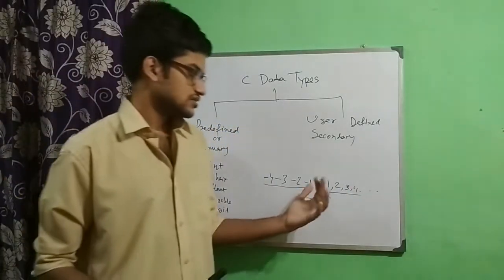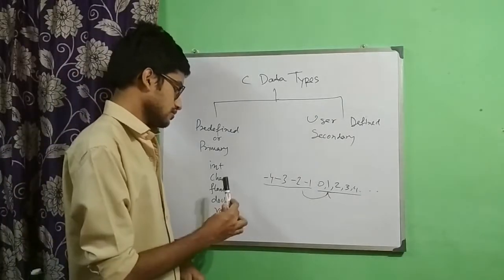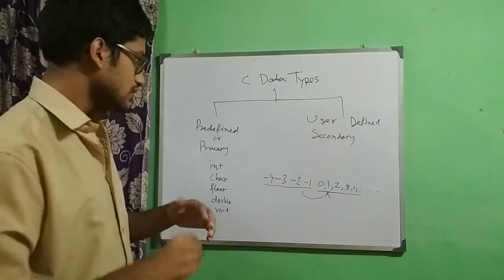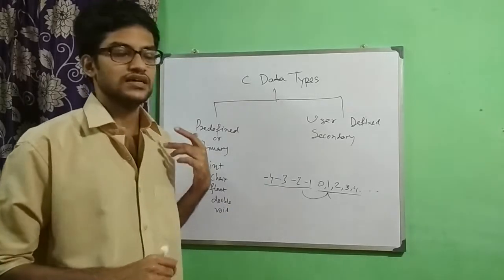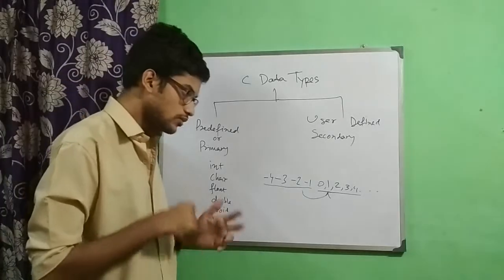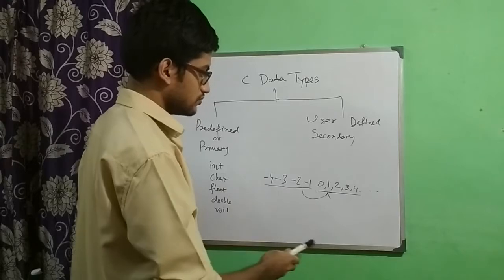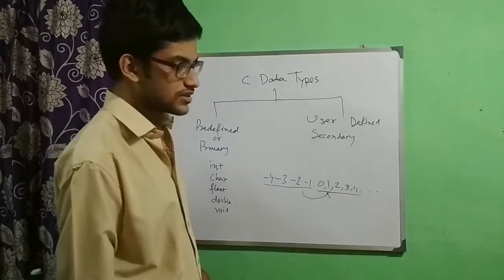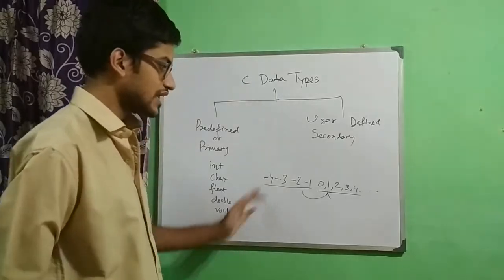So it's just 0. And now integers means we will be working with numbers. When we are discussing the integer, when we use the integer in the program, it means we will be working with numbers which can be any number, 0 to the positive numbers or from 0 to the backwards or negative numbers. It can be anything.